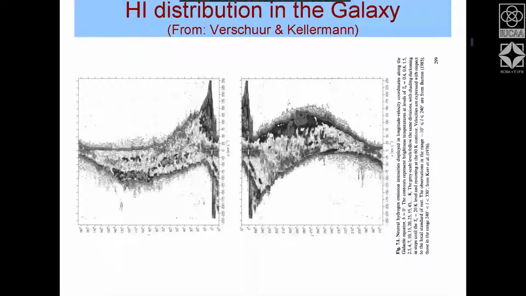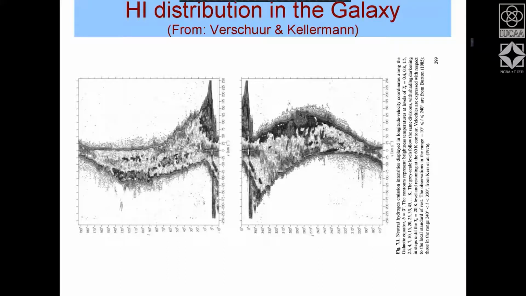Okay, so this is one of the pictures which I have taken from Hartshorn and Kellerman, and this particular slide I will keep on Google after my talk, so that you can share it and check it, because right now one has to rotate it. This is the LV diagram, the longitude-velocity diagram, which is rotated right now. So longitude is along the x-axis and the y-axis gives you the velocity.